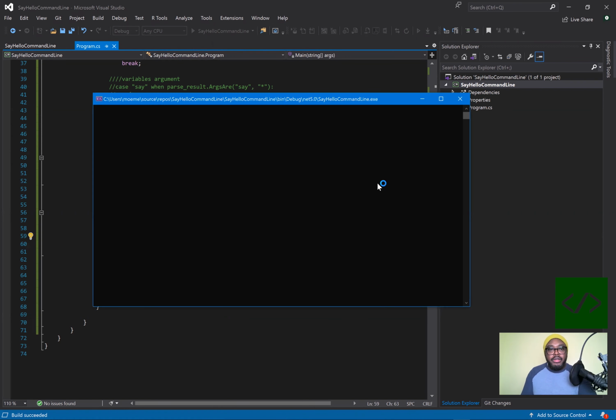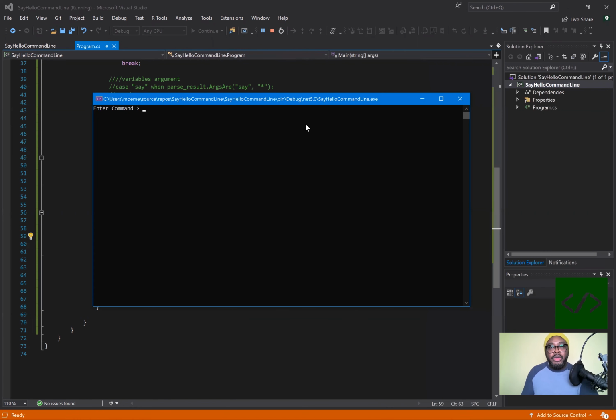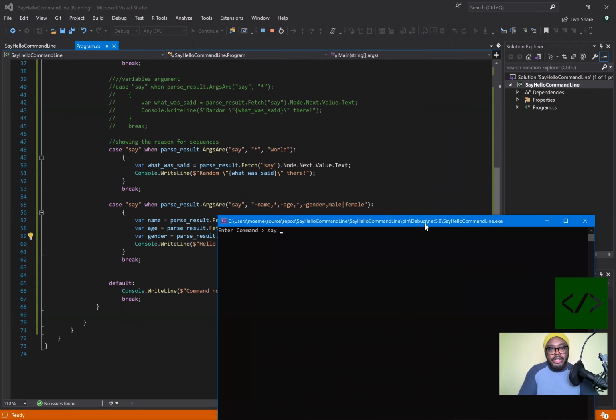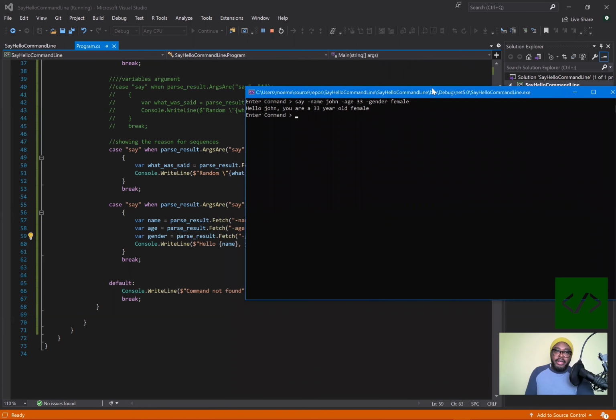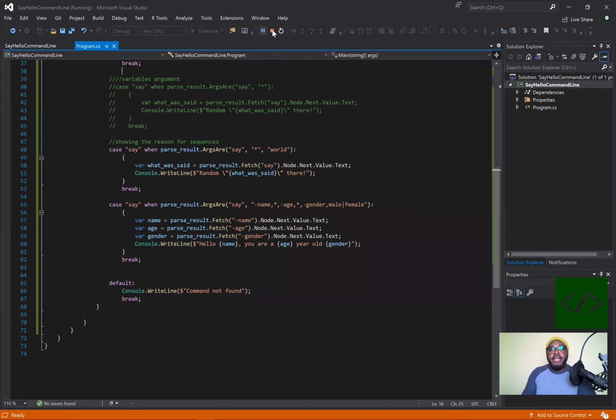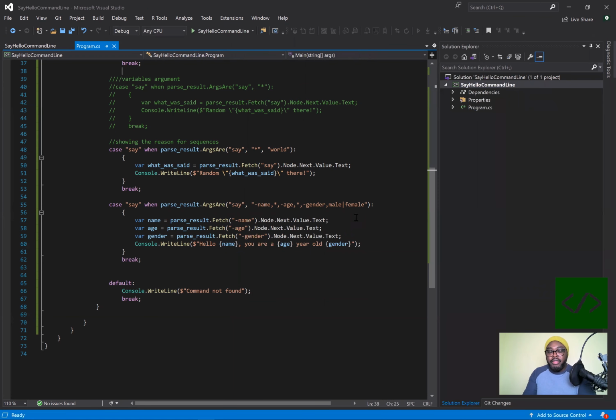Let's see here. Here we go. So we can go in here and we can say name John, age 33, gender female, right? And that goes through the same. So that's more like what you might see in a traditional command line interface. But of course, in a traditional command line interface, you would not sequence all of these, right? People will be able to write them however they see fit. So you would have something more like this,